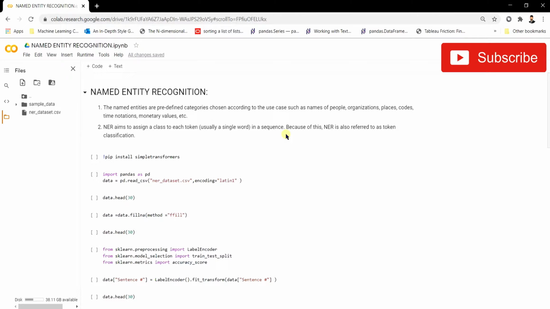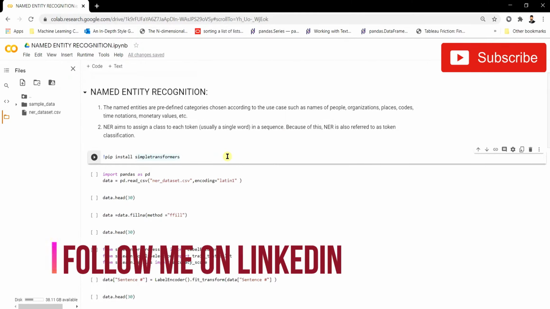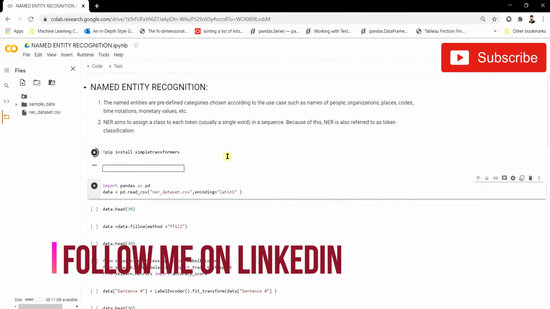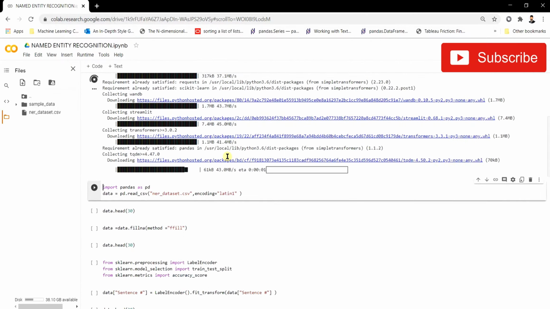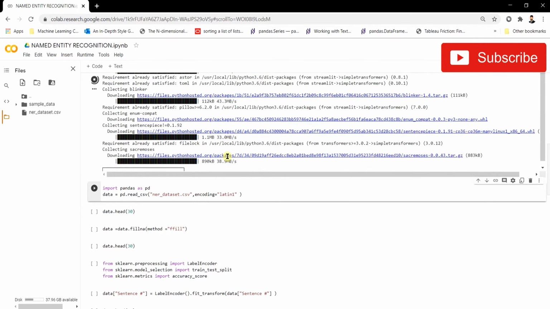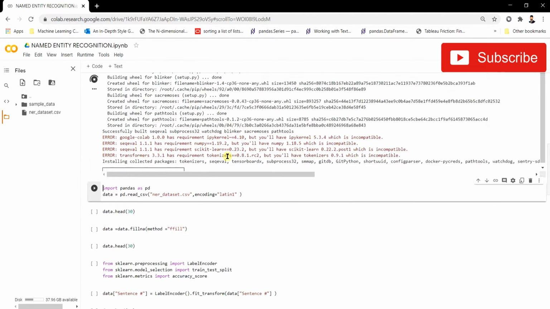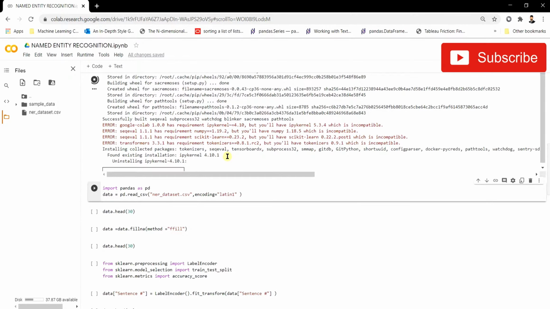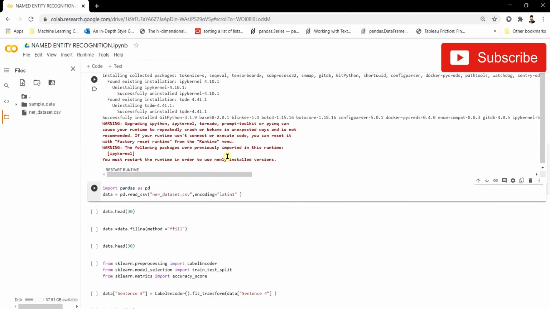Before moving further in this video, let's install the simple transformers library. The installation of simple transformers is done, and it has installed all of its dependencies.